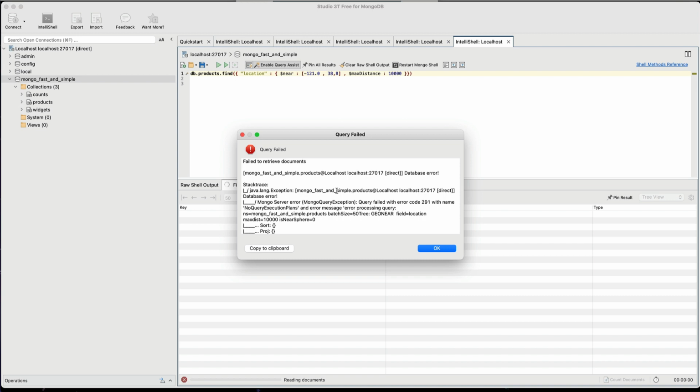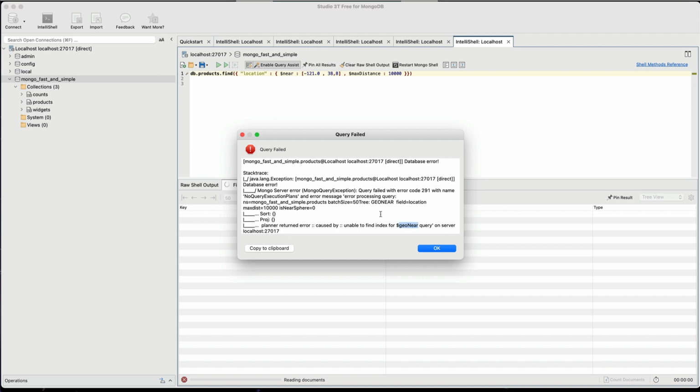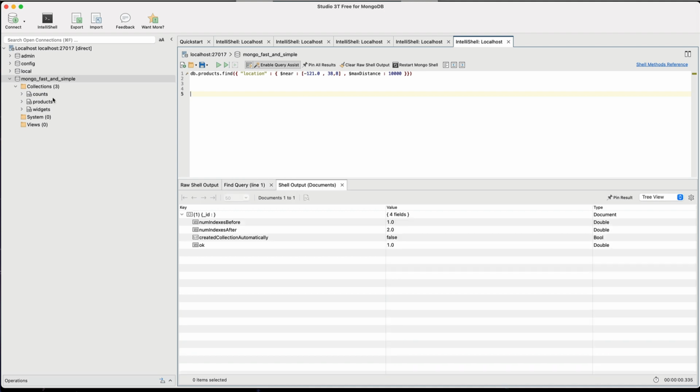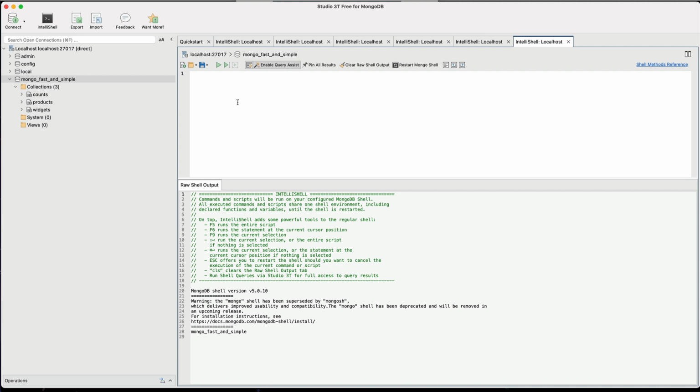We get an error here. Specifically, we're getting a geo near query error. To support Geo Queries, we need a Geo Index. And that's fairly simple to create. So I'm going to open up another query window. And I'm going to say